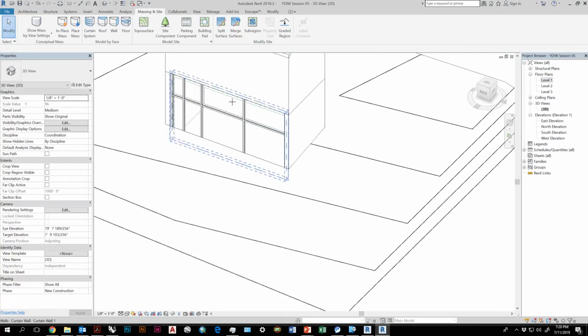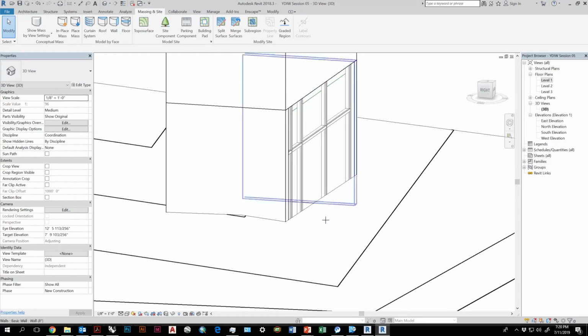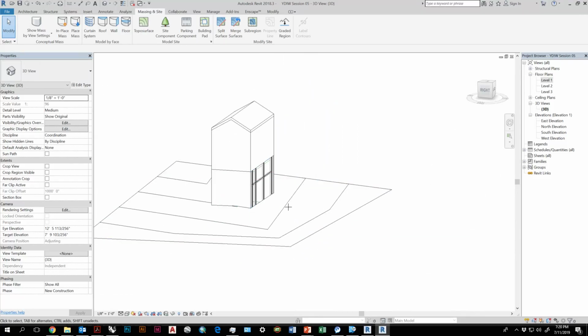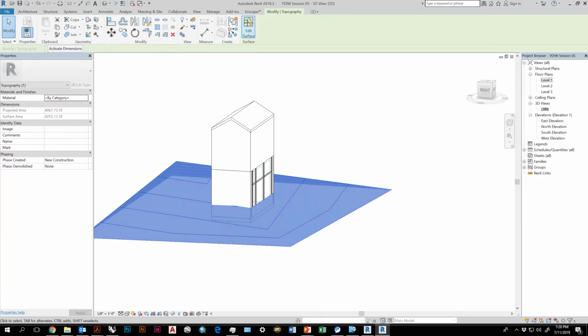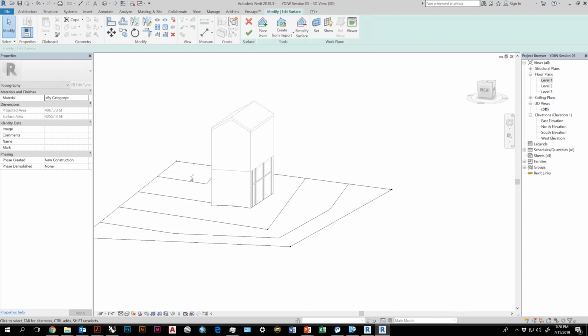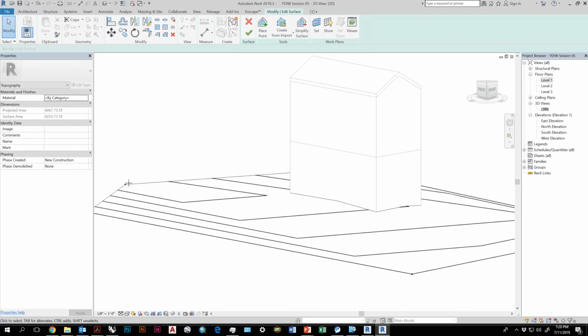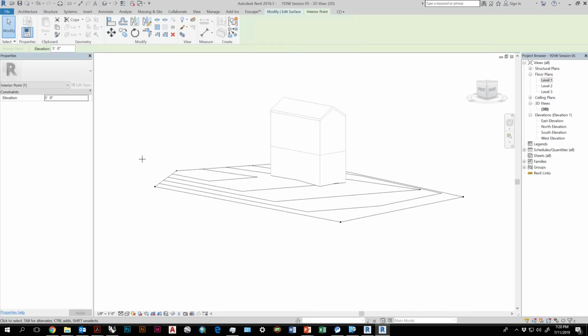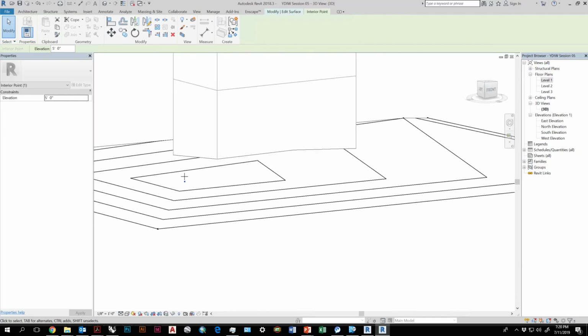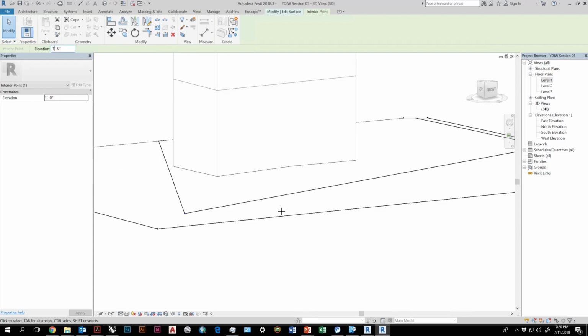Of course, you want the bottom of the floor to be visible. So just make sure that if you're generating topography from scratch that you do it correctly. Or if you've imported your topography from an existing topography, you can actually generate a surface from that inside Revit, which is alright. It's not the best tool, but it works. I'll bring that back down to 1.